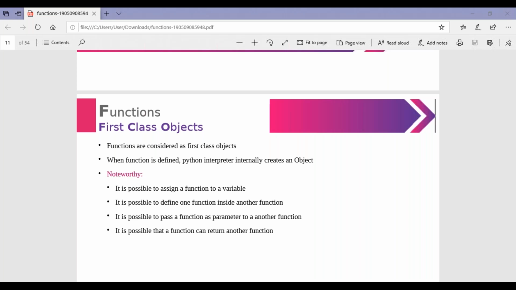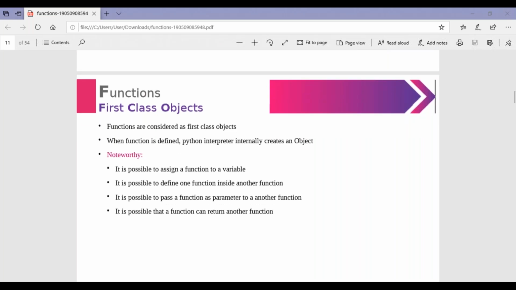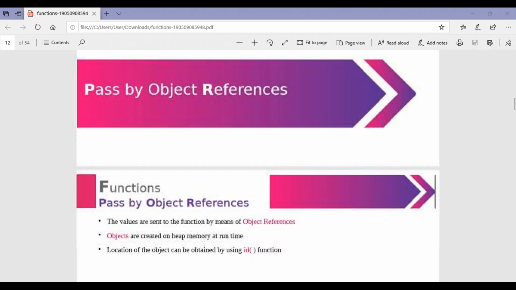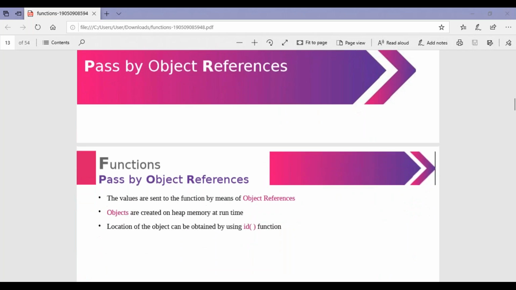Okay, now pass by object reference. I think you all already learned pass by value and pass by reference, that is, call by value and call by reference. Reference means using one exact copy of that instance.